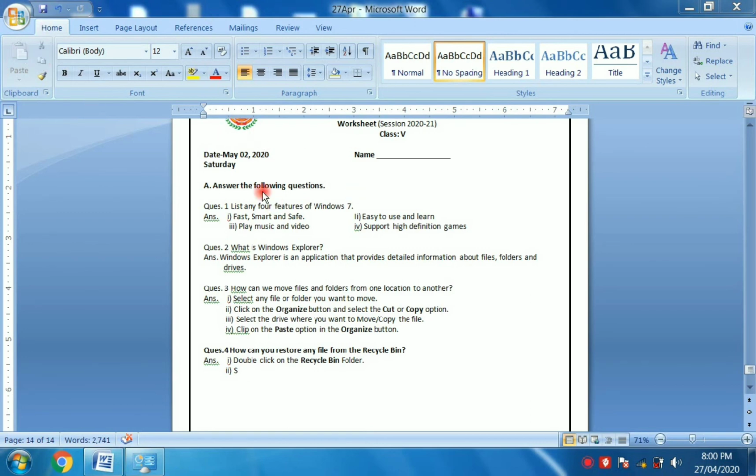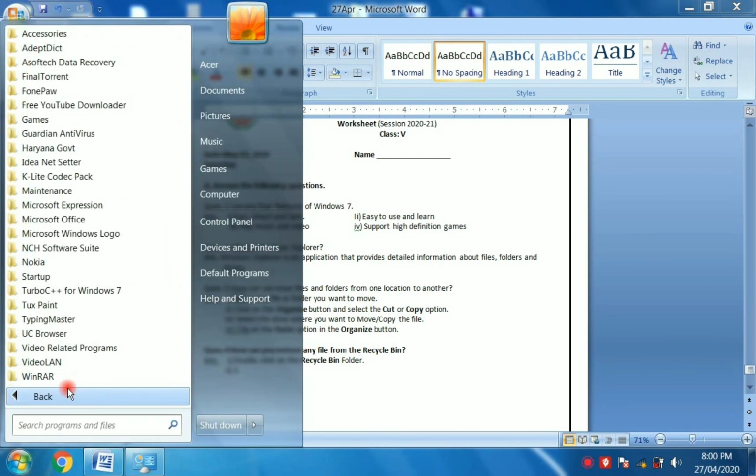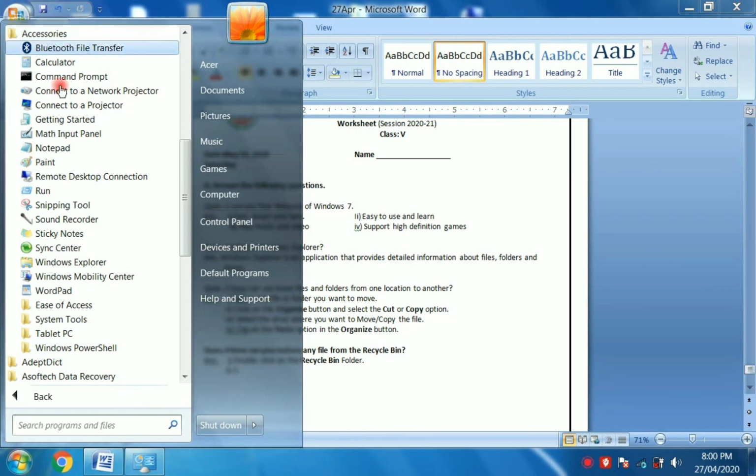Students, if you are working on any application and suddenly your keyboard is not working, then what should you do? You just click on the start button, then click on all programs, then click on the accessories option and then find the ease of access folder.